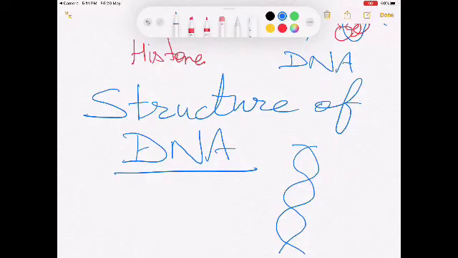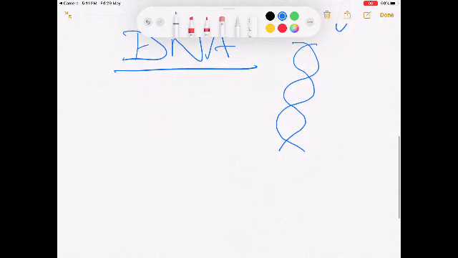Separately, another group was studying this DNA and its molecular structure. Rosalind Franklin and her group were studying the molecular structure, and when both their works were clubbed together, they got the exact structure of DNA. So students, later in 1962, Watson, Crick and Franklin were awarded a Nobel Prize. And then afterwards, the basic idea of the structure of DNA came forward.